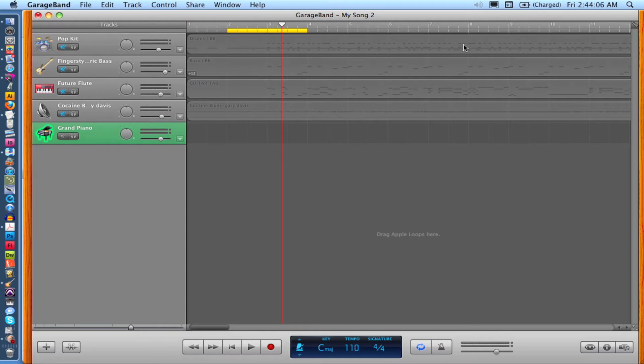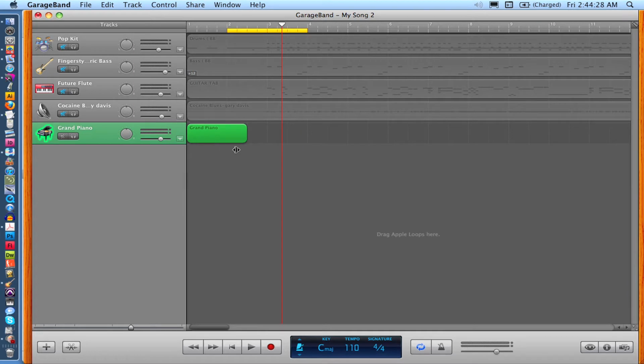To write MIDI notes, create a MIDI track. Command click in the track region area to create a region. The region can be lengthened by aligning the mouse with the cursor to the lower right edge. So I'm command clicking to create a region, and then aligning my mouse cursor on the lower right edge, and